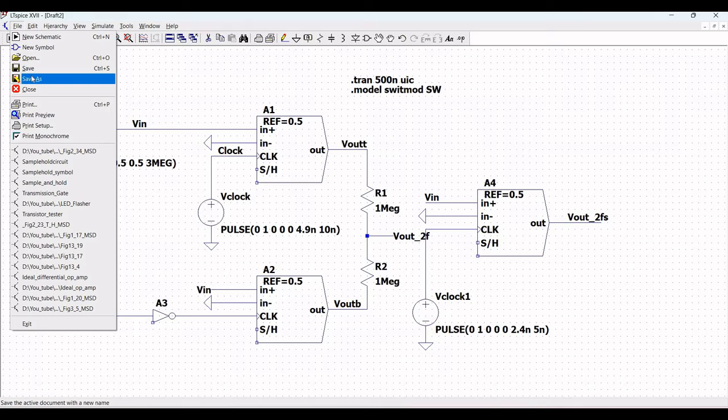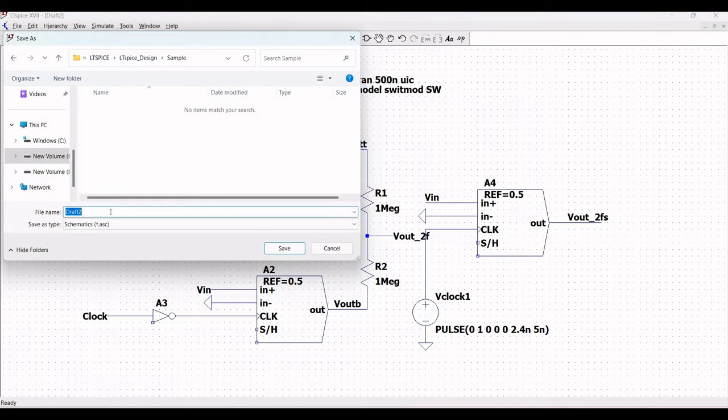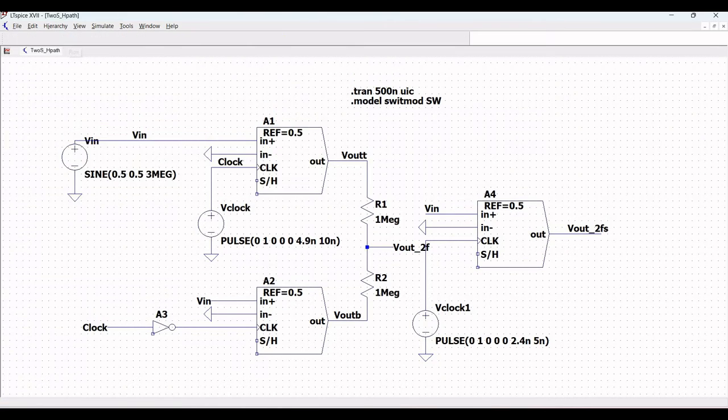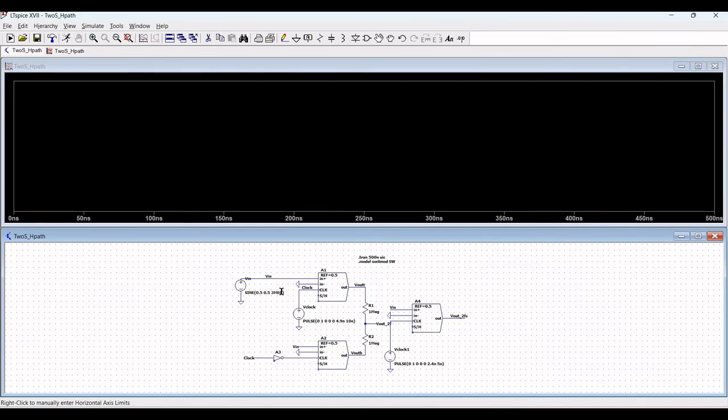So click on save as and save this particular circuit in a folder called 2-path sample and hold and save this particular circuit. Now let us run this particular circuit simulation